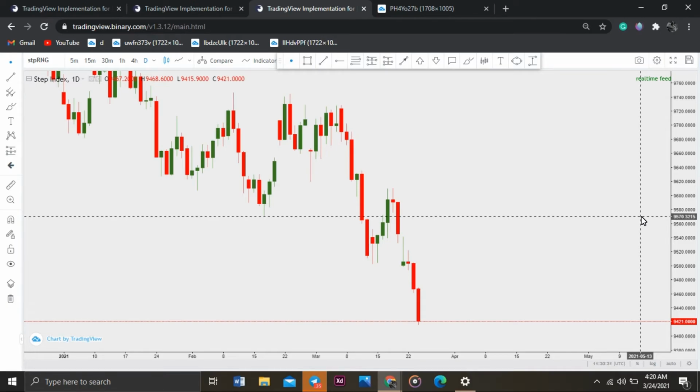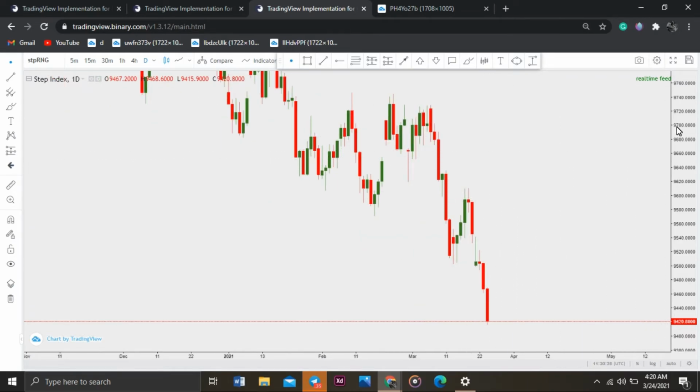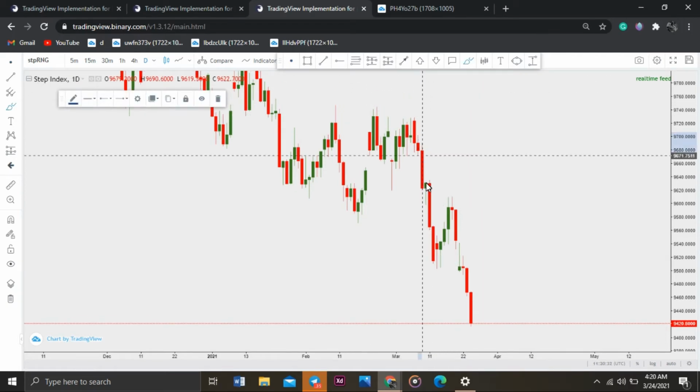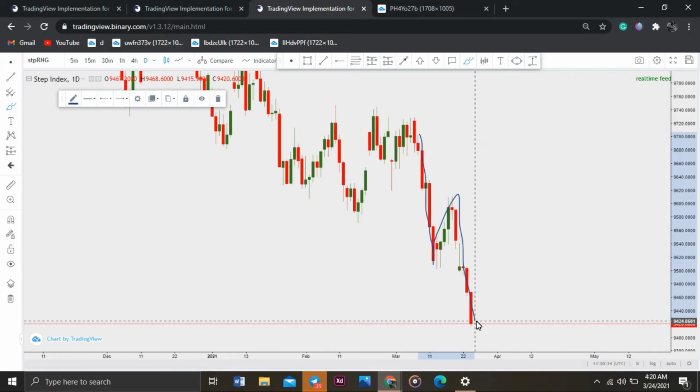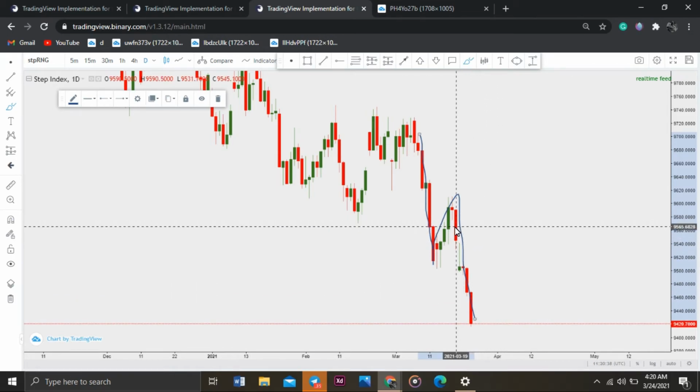So if you're also there, you can get to learn something from how I analyze the market. In the daily time frame, we can clearly see a nice impulse, correction, impulse playing out right here. Like I said in the other pairs, it's the same setup, but this one has already